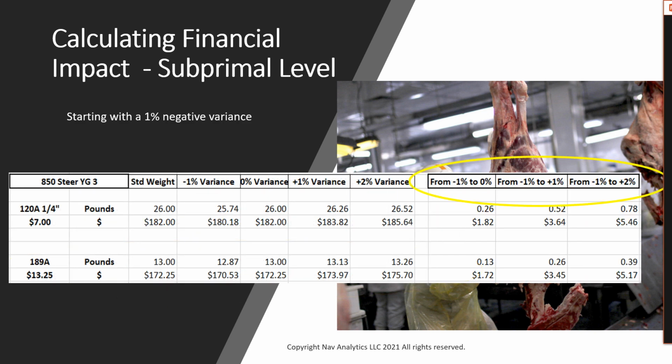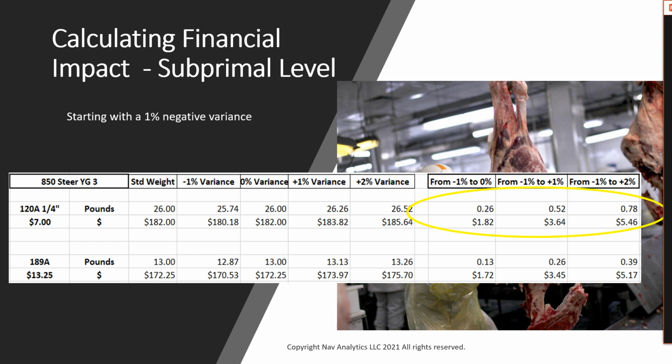Here we're going to look at the actual impact of going from a negative 1 to 0, from a negative 1 to a positive 1, and a negative 1 to a positive 2. For the 120A, we gain 1/4 of a pound from negative 1 to 0 for $1.82. All the way up to going from negative 1 to 2%, we gain 3/4 of a pound for a total